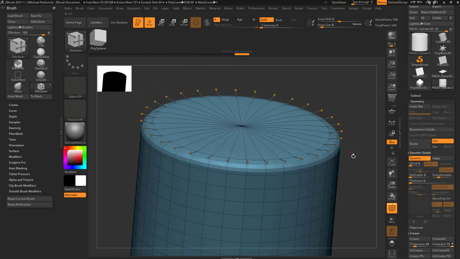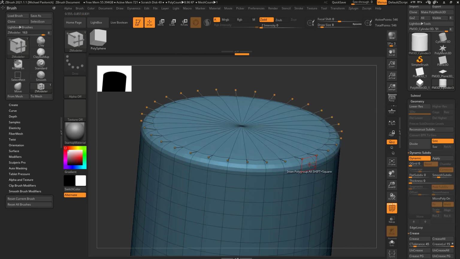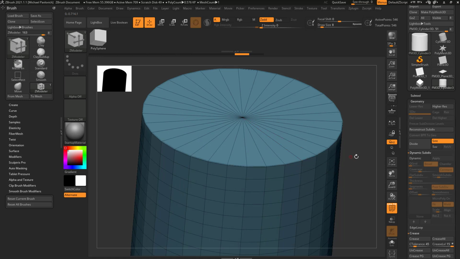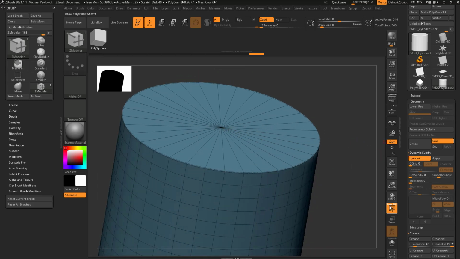So again, if we do a D for dynamic subdivision, we hover over an edge, we can say Crease Edge Loop Complete and just crease this entire edge. If it's difficult to select, if you can't quite see where it's happening, just do Shift D to turn it off. Go ahead and crease this entire edge, then turn dynamic back on with D, and you'll see